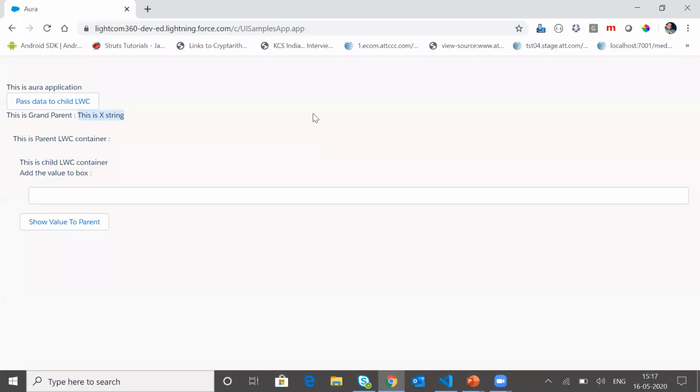There are two ways to do this. The first is that you can do the Aura method steps, the way that we have discussed right away. The second way is that we can use the shared attribute here. Okay.